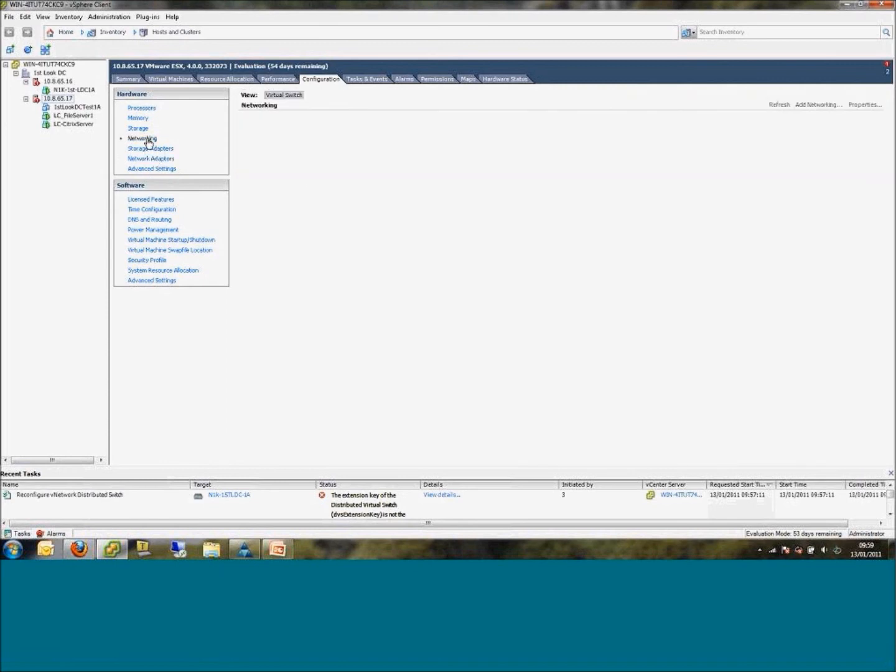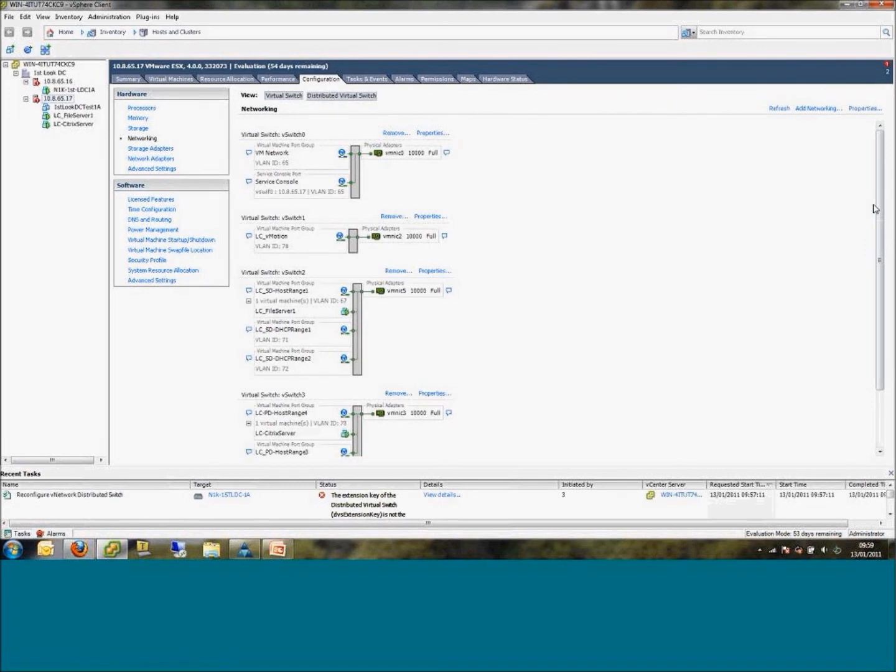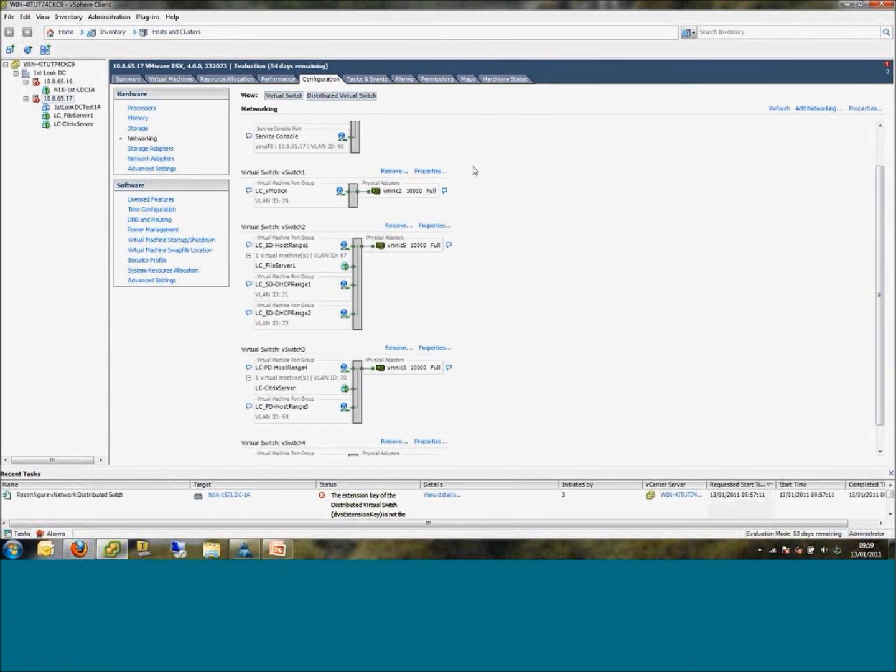But then if we switch over to the networking tab, we can actually have a look at this in action here. Here we go. So this is my VMNIC2 that was my NIC that's assigned to the vMotion policy, and there you'll see it's set to vMotion. I've got this tagging with VLAN ID number 78, and that's the reason I didn't choose it as a native VLAN. It's purely from an admin point of view that I want to see in vCenter which VLAN a particular